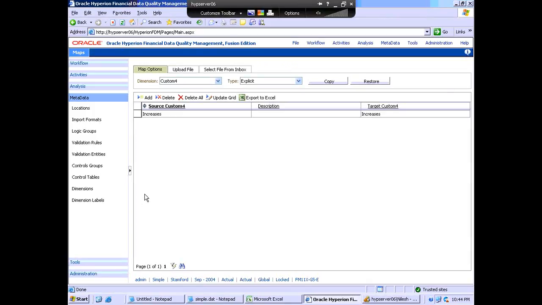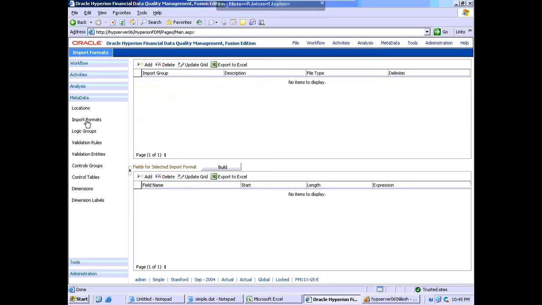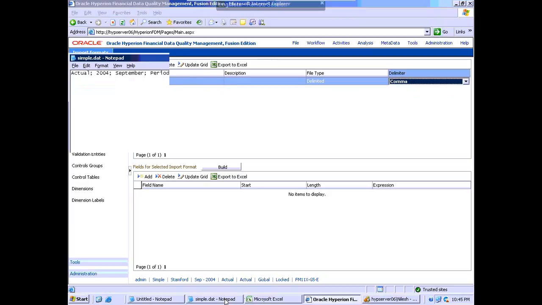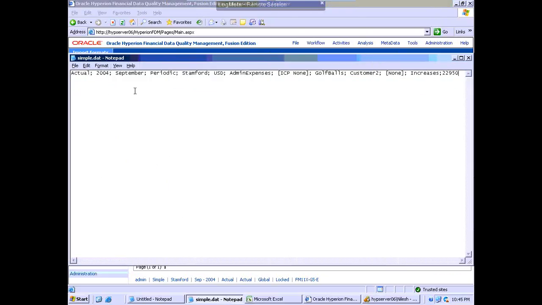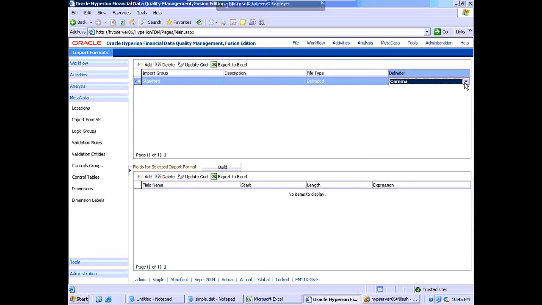Yeah. So for creating the import format, select the metadata tab and click on import format. Import format is nothing but for which entity you are going to create this format. I have the entity Stanford here. Create Stanford as the import format group, and the delimiter would be semicolon. What is the operator between the members in that source file? We have the semicolon, right? So just give the semicolon as the delimiter here, and go for update this